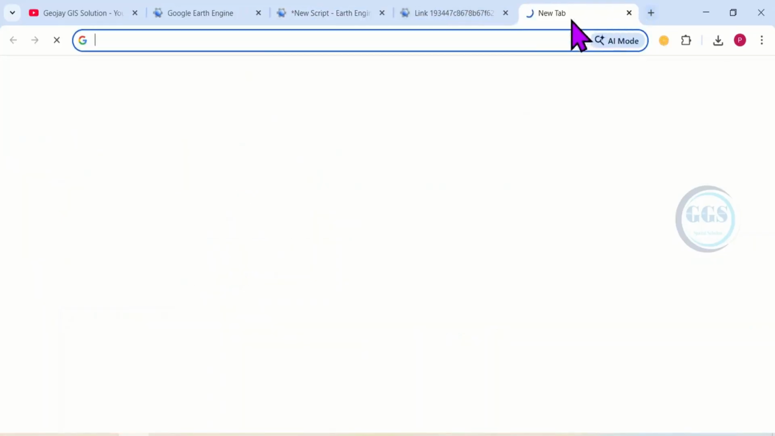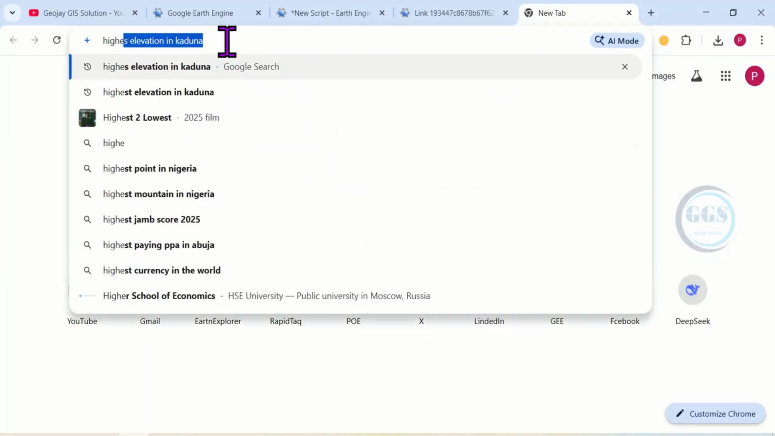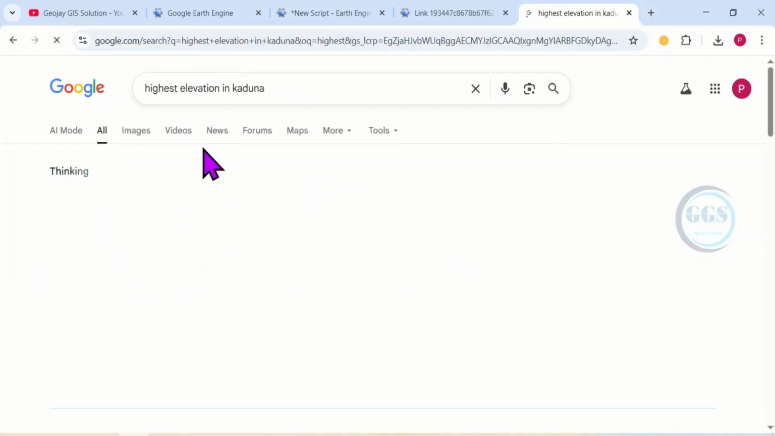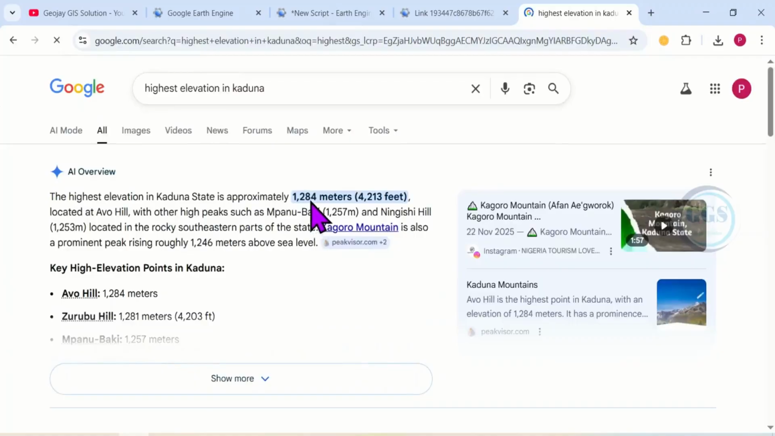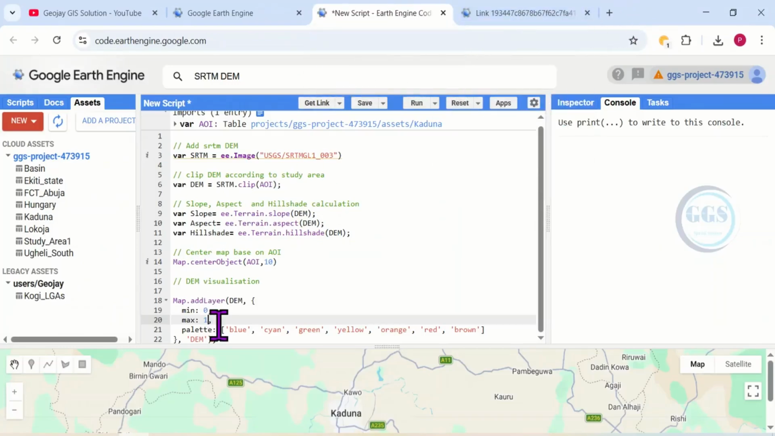The highest elevation value in Kaduna, yes, 1284, about 1284 meters. So we have confirmed it. Let's close this tab, then go back to our script. So here I'll change it, so 1300,